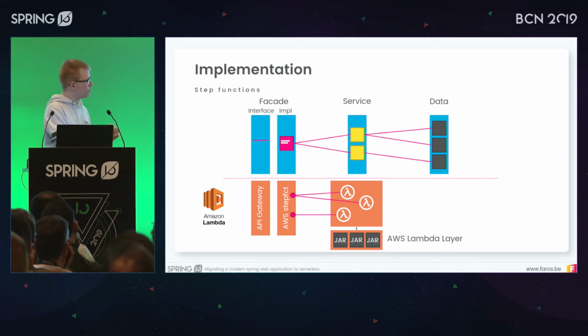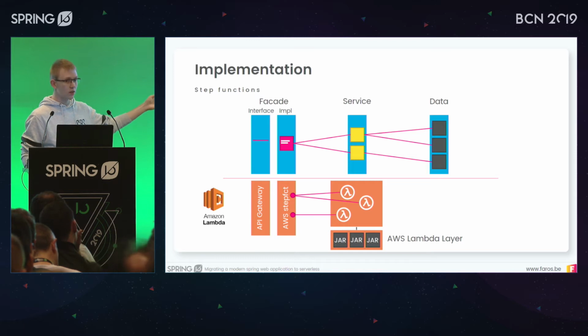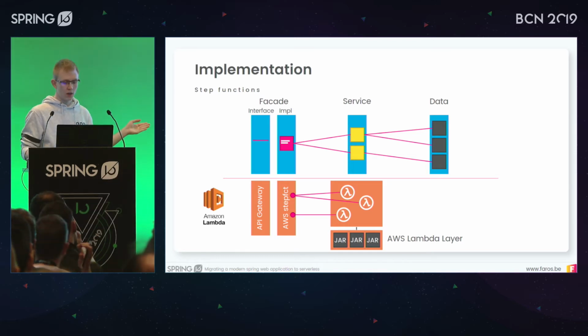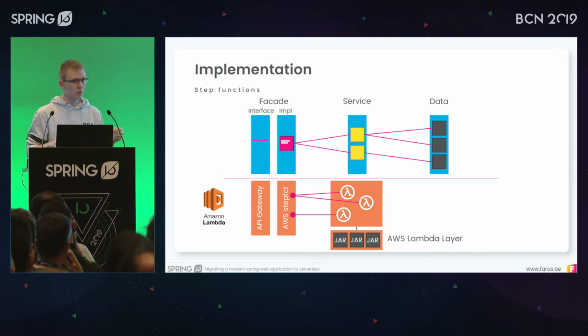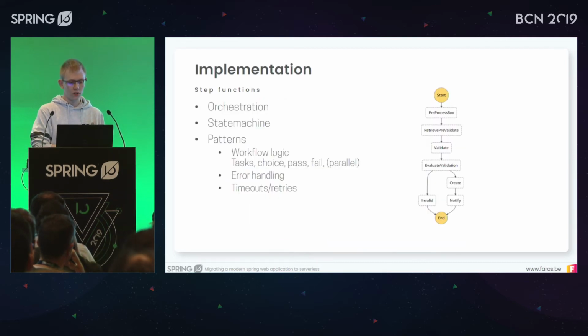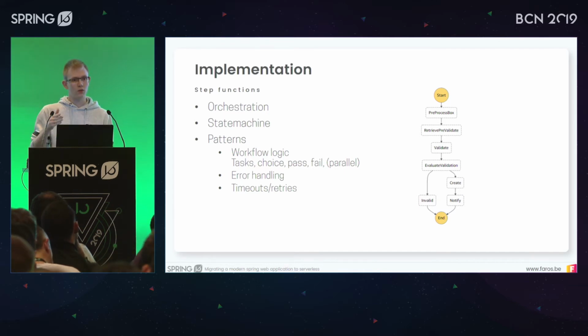So again, this image. Now, to move one layer up, we went from lambdas and we're now going up to step functions, which are the orchestrating of our lambdas into one process. Here you have our example. Step functions are defined as a simple definition. It's basically creating a flow, a state machine of different lambdas and processes which you will execute in order or even in parallel. There's a lot of options there.